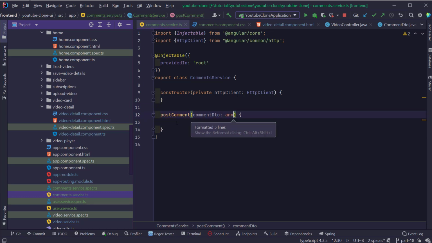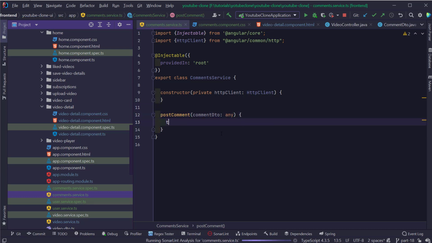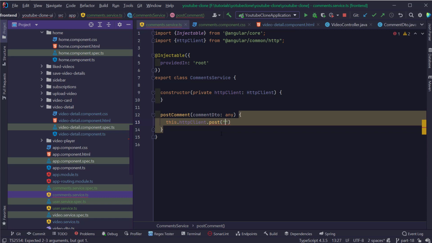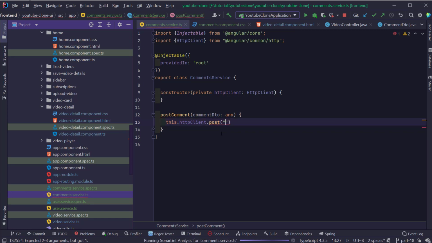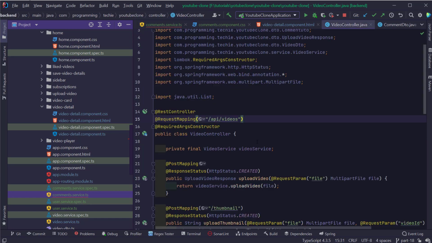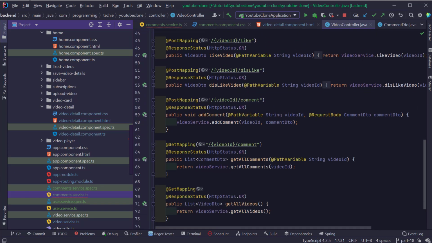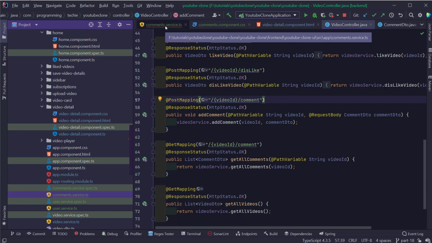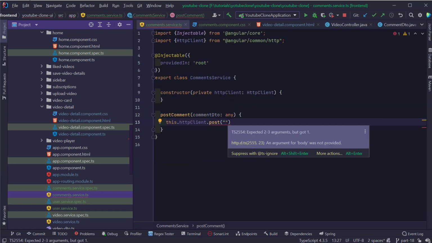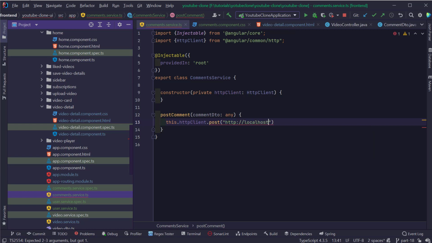And inside this post comment method, I'm just going to type in this dot http client dot post, and I'm going to make a post request to the endpoint which is defined here, which is slash API slash videos, followed by video ID and the comment, right? So for that, I'm just going to go back to the comment service. I'm going to type in http localhost 8080 slash API slash videos,